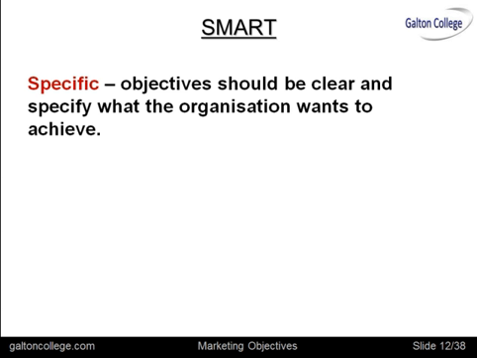Well, first of all, it's an anagram, so we start with the letter S. So it's important to have specific objectives. Now, it is possible to set out objectives in a very casual format and say, okay, that's what we're going to aim for. But if you follow the SMART guidelines, then the objectives must be specific. They must be clear, and they must specify precise objectives to achieve. They must be linked to what precisely is required.